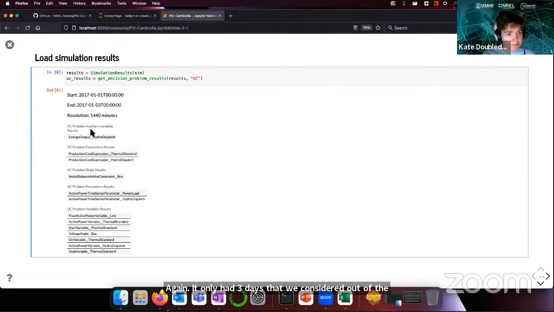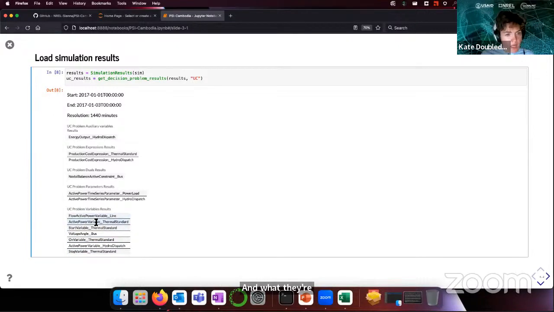This also describes some of the variables that we defined and some of the parameters that we used. So this problem was using this set of variables as decision variables in the optimization problem. That includes the line flows, whether the thermal generators were on, starting up, shutting down, and what their